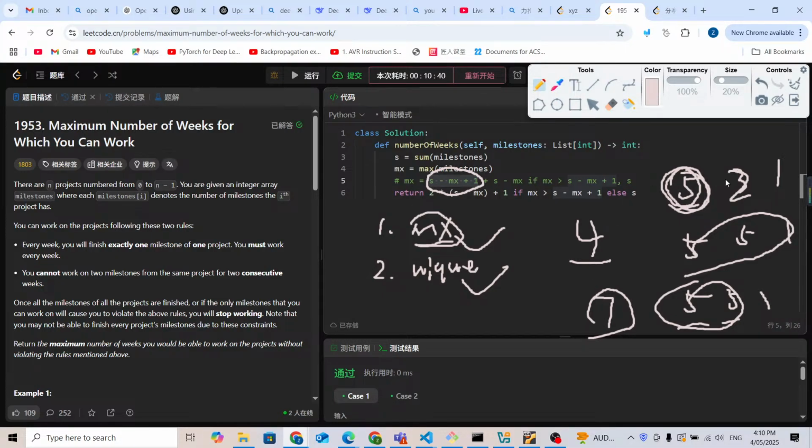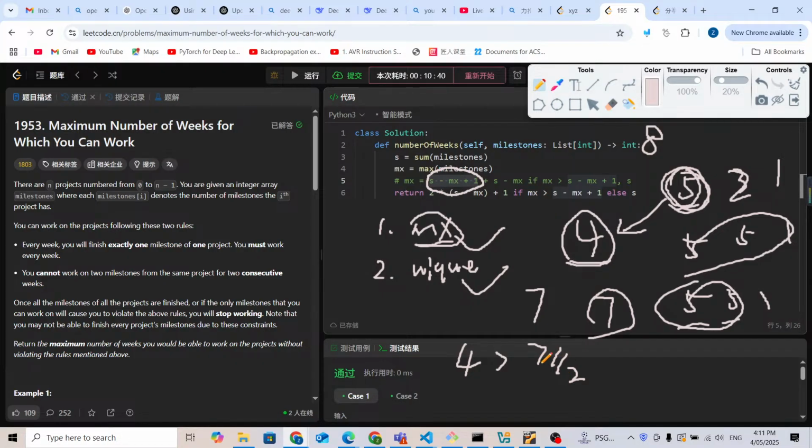Because the total sum inside this example, 5 to 1, is 8. If we reduce this number 5 to 4, so we reduce by 1, the total sum is going to be 7. But this 4 must be the maximum number because 4 is more than 7 divided by 2.